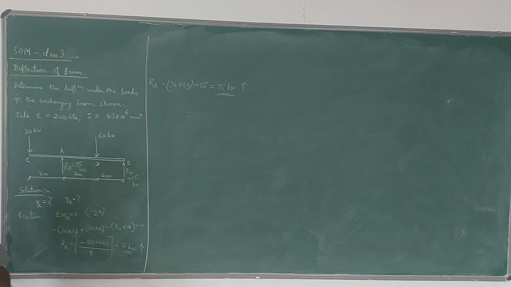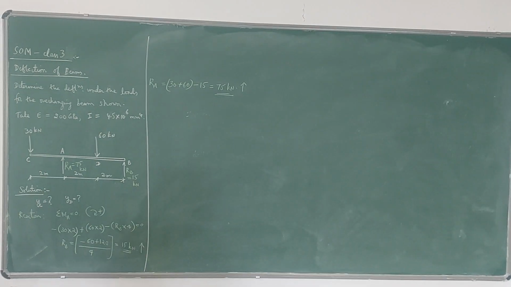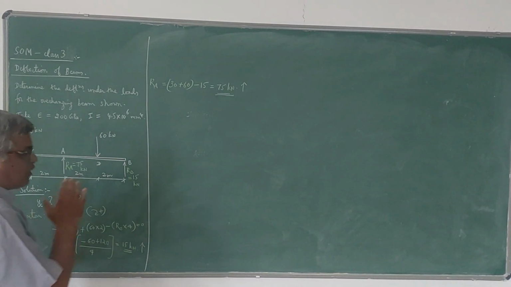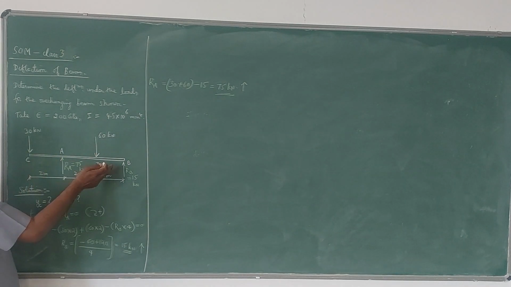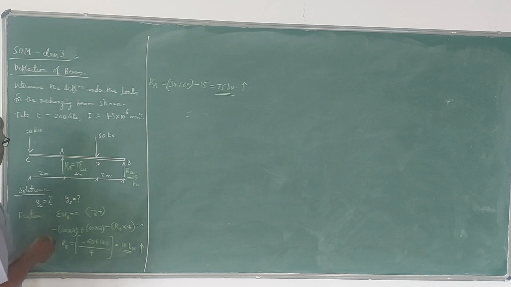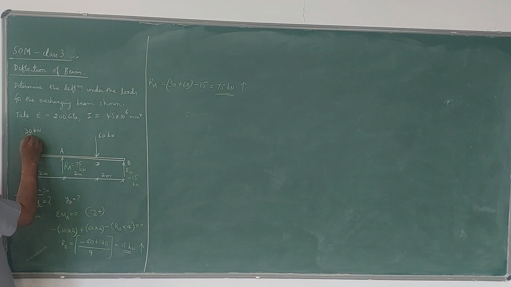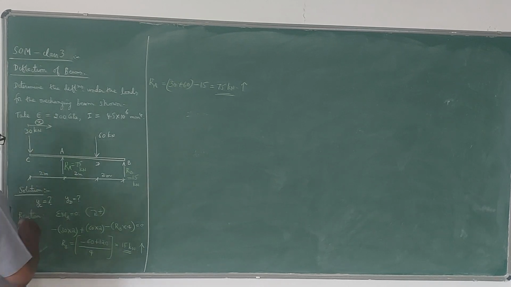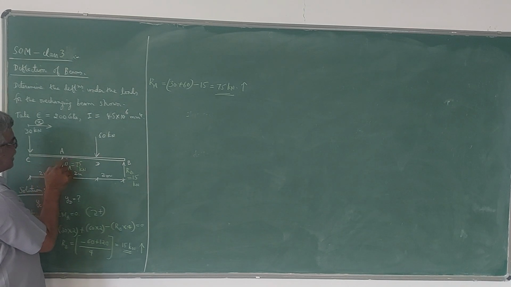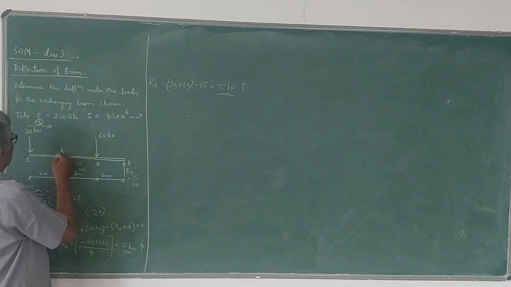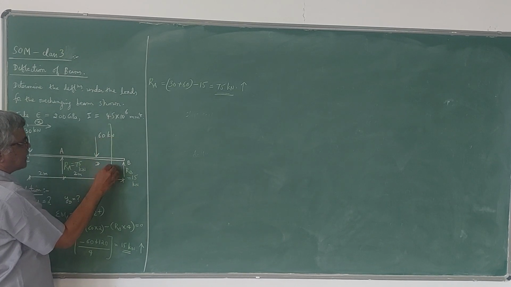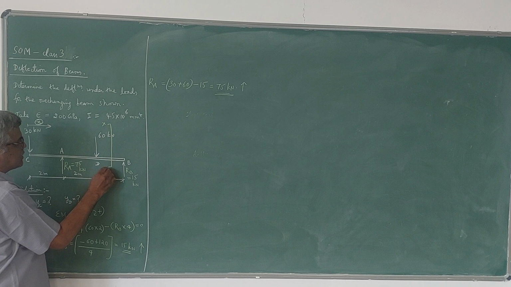Now according to the mechanics method, we have to consider a section at the farthest region in the beam. Since here it is a simply supported overhanging beam, I will take the distance from the left end. So distance x I am going to take from here. Distance x is measured from here. There are 3 portions here: CA, AD and DB. DB is the farthest portion from C, and I will have to consider a section XX in this region